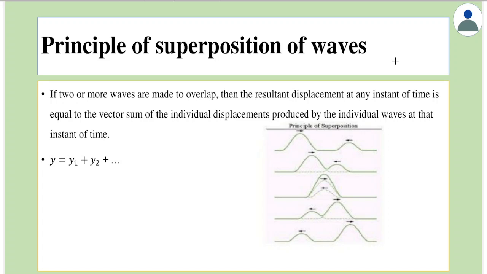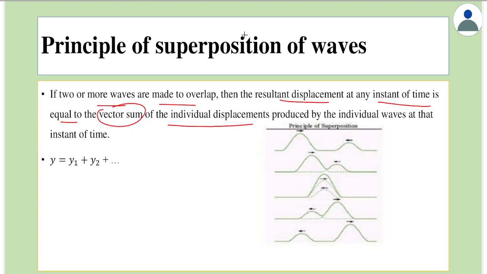Hello everyone. Let's study about the principle of superposition of waves. To define this, it states that if two or more waves are made to overlap, then the resultant displacement at any instant of time is equal to the vector sum of the individual displacements produced by individual waves at that